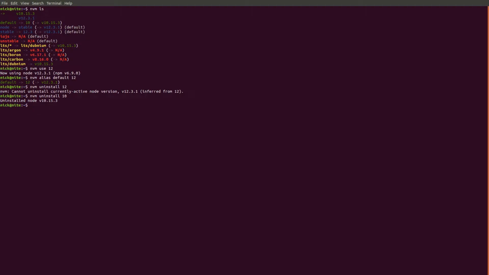Alright, so now we've uninstalled version 10, and if we do an nvm ls, we can see that we only have version 12 installed, and it is our default and is the one we are currently using, indicated by the arrow there. Alright, so one more thing I wanted to show you guys with nvm before I show you a code example with Node is we can do